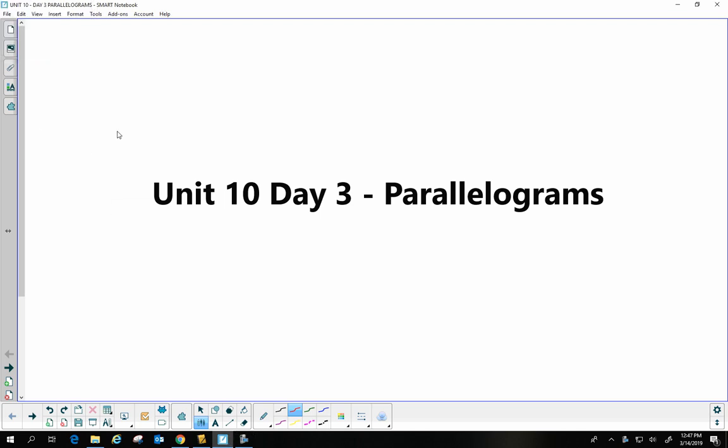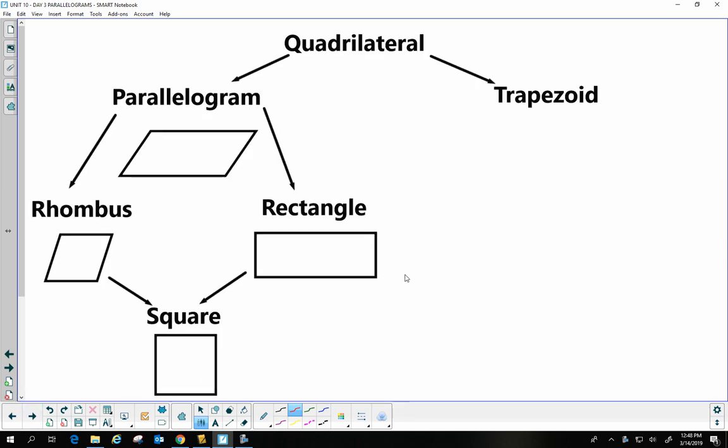have four sides. And specifically today we're going to talk about a subgroup of those quadrilaterals that we call parallelograms. So a quadrilateral is any polygon that has four sides. And then we can split those into different categories. Today we're going to talk about parallelograms, and the next lesson will be about trapezoids, so we'll leave this side undone. There's another family called kites, but we are not going to talk about the kite family this